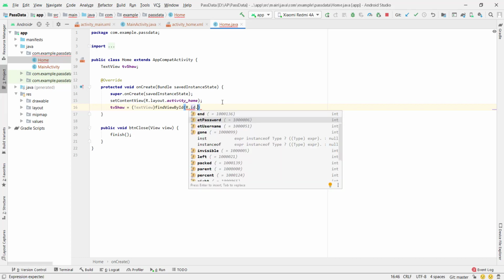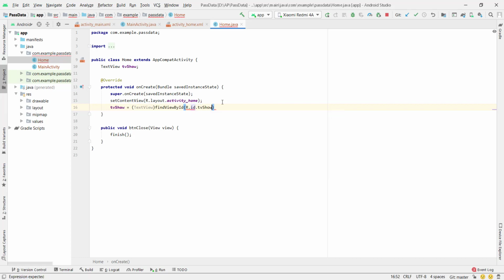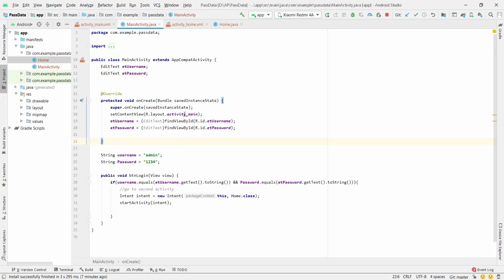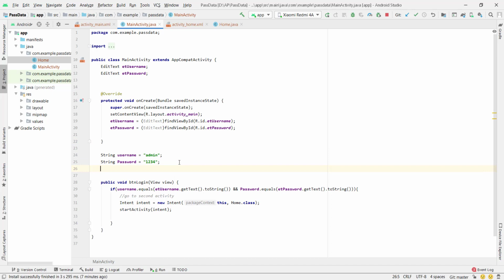dot textViewShow. Yeah, to get data from the first activity to the second activity we need to declare data in the first activity. Let me do that. Inside this MainActivity we have to declare that. So String name, this is my data. I'm sending name as ABC.